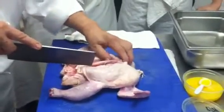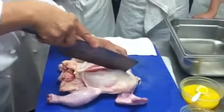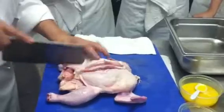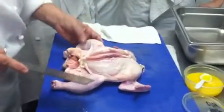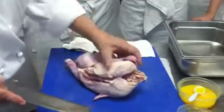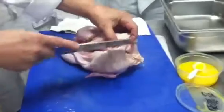Okay, so there's the wishbone. So you don't want to cut the wishbone. You can either just stop there, right? Normally I would just stop there. You don't have to cut all the way down. Just score it, right? I'm right hand, so you're gonna print with your left hand. You're gonna flip it on the side. Okay, on the side. So now you're gonna feel that wishbone, where that wishbone is, and I'm gonna cut along